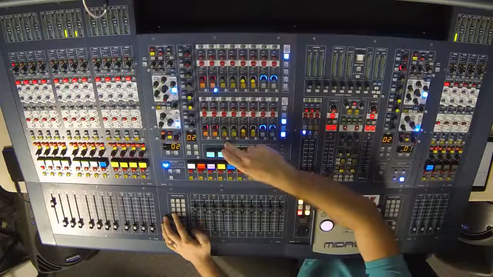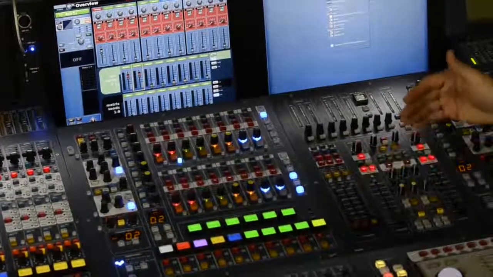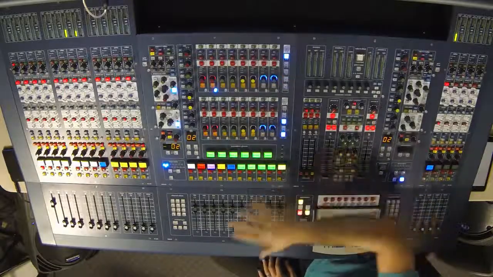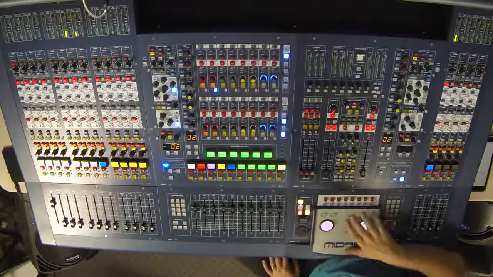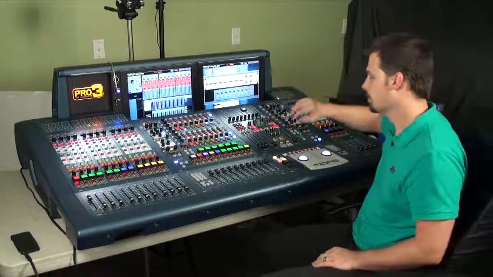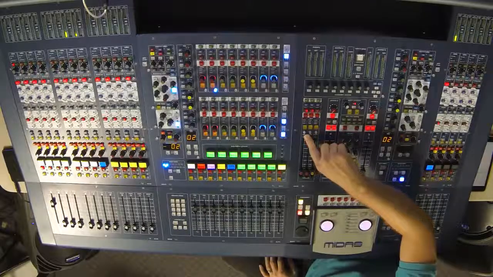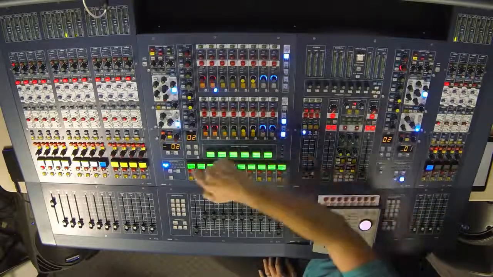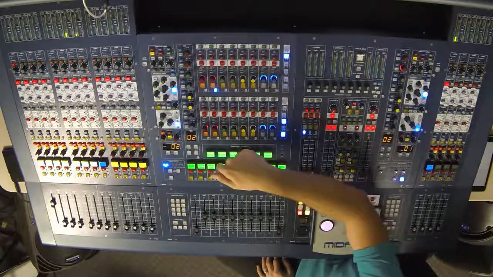The next advanced navigation mode is graphic EQ, and what that does is when you select an output that has a graphic EQ attached to it, the graphic EQ will show up on the VCA faders. So to demonstrate this, I'm going to open up the graphic EQ on the right screen here, and I will select my left master because that has a graphic EQ attached to it. As soon as I press that button, my VCAs started displaying graphic EQ and then a frequency,